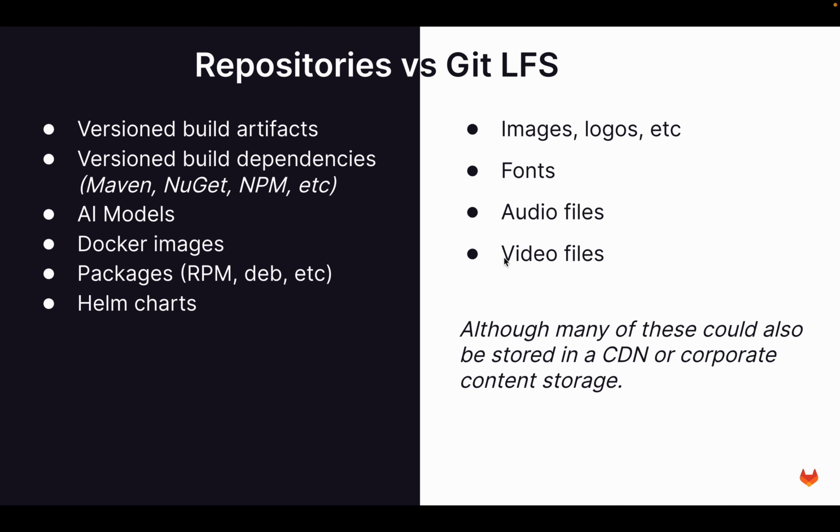In these artifact repositories, you can version them, so you'll grab a certain version out of it, and update locally in your repository only a text file that points to a certain version. Not only build artifacts, but also, for example, AI models you should store in such a repository, or Docker images, RPM packages or Debian packages or whatever package manager you have. You would also store them somewhere remote in a registry,